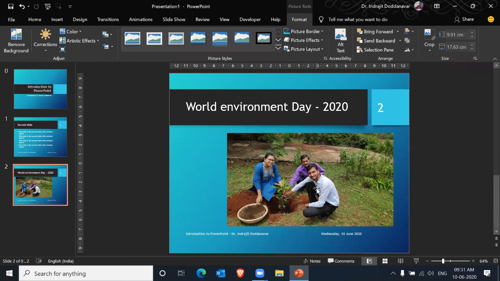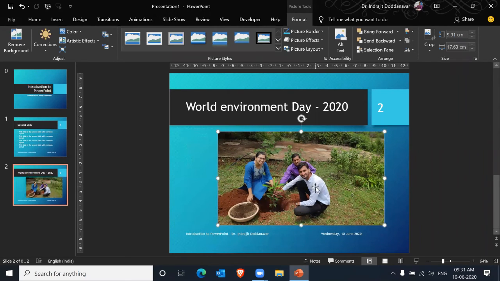You can move it wherever you want. You can replace it, and also if you want to change the size, you can. What you can do is go to the format tab and to the size. When you come here, you can see that it is showing you 9.91 centimeters for height, and width is 17.63 centimeters.